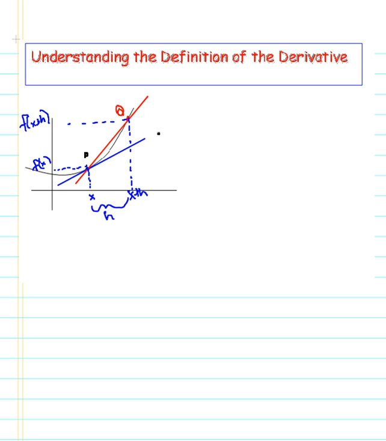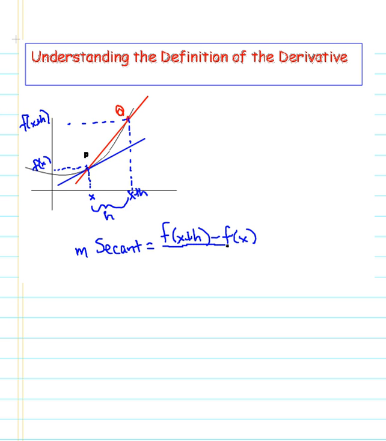Now what we want to do is talk about the slope. So I'm going to write here below my work the slope of the secant line. The secant line is the line between P and Q. And to find the slope, I'll look at the change in y over the change in x. And the y values are identified over here. They are f of x plus h minus f of x